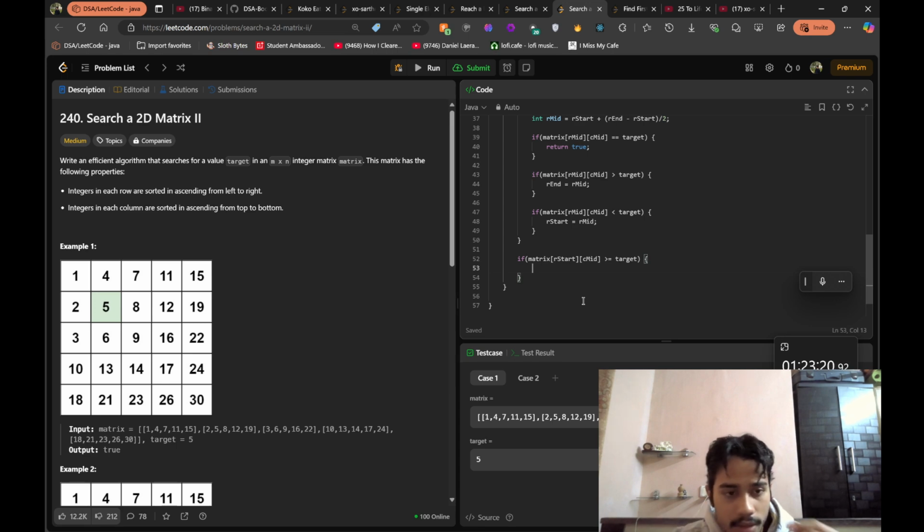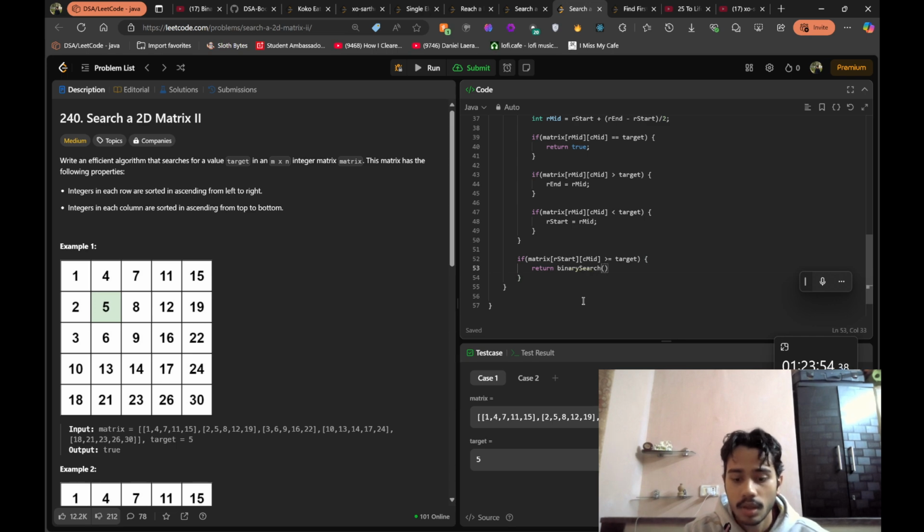see, if 7 is greater than the target, we need to search for 1 and 4, obviously, because 11 and 15 are greater than the element, but our target is smaller than 7, so we need to search on the left hand side, all right. So don't assume that the answer is 5, it can be 1 and 4 as well, so we don't know that, all right. So if our target is less than the element that we have, then what we need to do is that we need to return binary